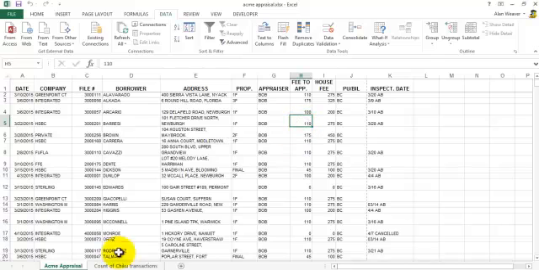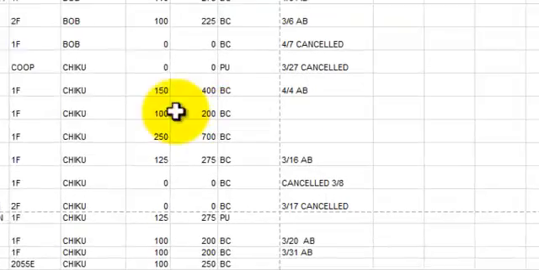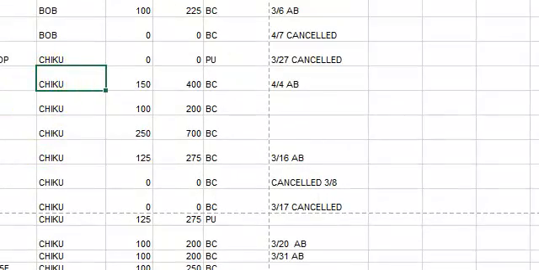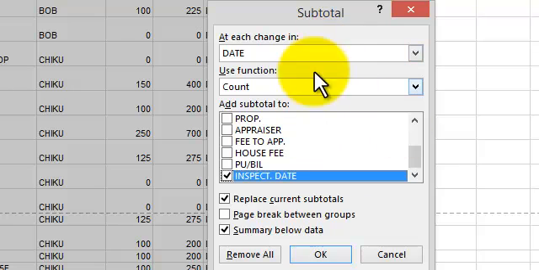Other thing I often say, you might want to copy the sheet, do a file save as, so that way if you mess things up, which I just did, you're not completely up the creek. So I'm going to drag over, put my mouse in there, control click, drag to the right. I have an alternate sheet, okay? So what I want to do here, I'm going to start this again, subtotal. So it remembers here,